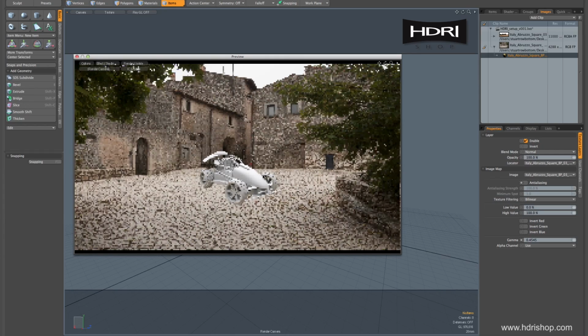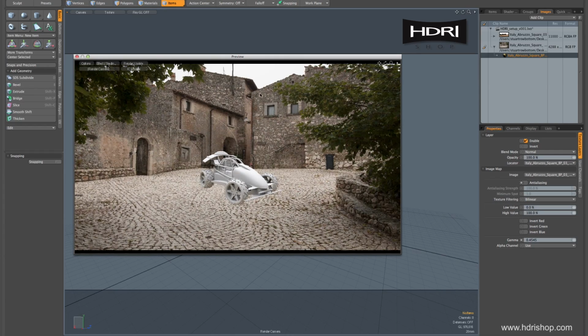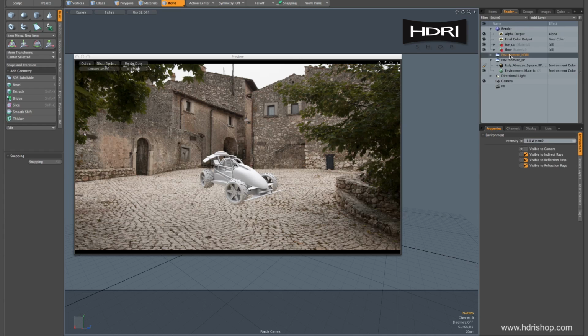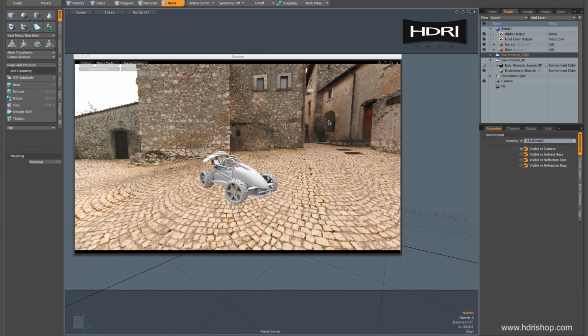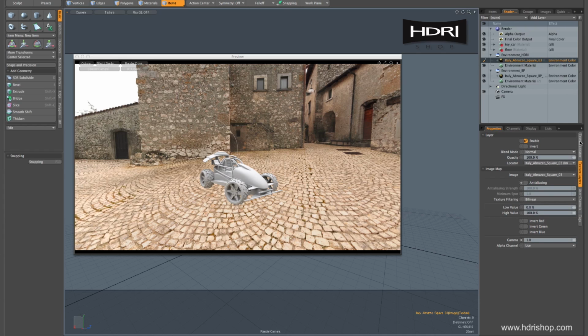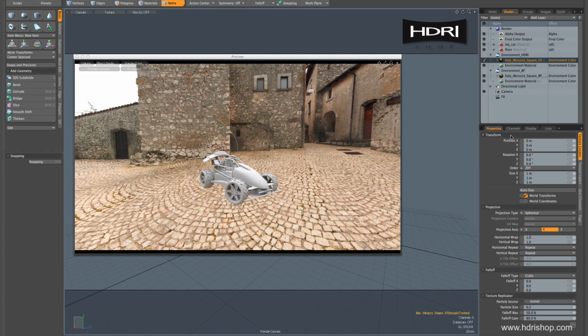Fantastic. So the next step is to align our HDR with our backplate so that the lighting and the reflections work correctly and they're coming from the right direction. So to do that, we'll go back into the shader tab and select our environment HDR and turn its visibility back on to see where it's positioned. See, it's in the wrong place at the moment. Now, what we need to do is just select this and go to its texture locator tab there, and you'll see in its transforms there's a rotation X, Y, Z, and we want to rotate it on its Y axis,